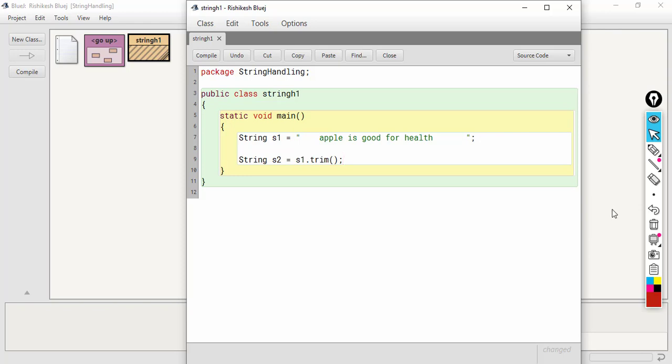When I call the trim function using the s1 object, all the leading and trailing spaces in the string will be removed. Let's print the value of s2 and see the output.